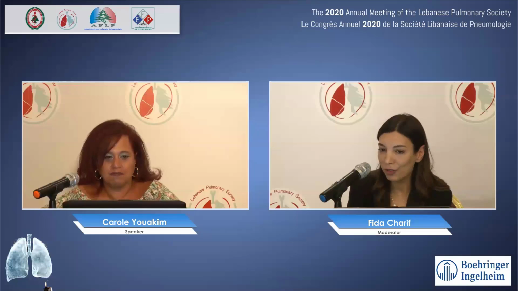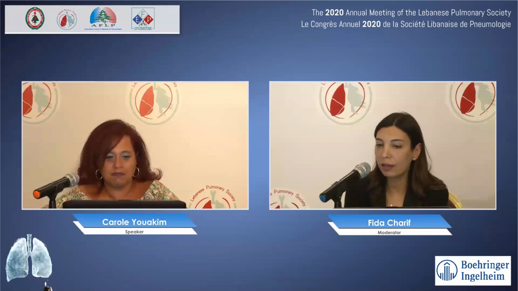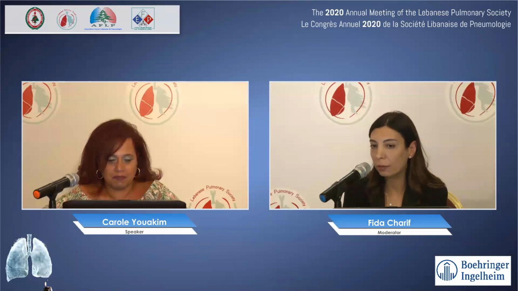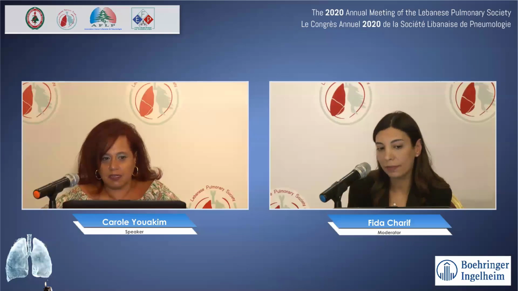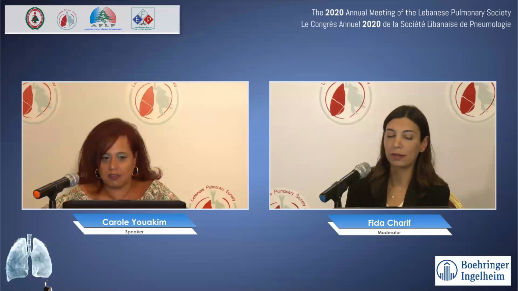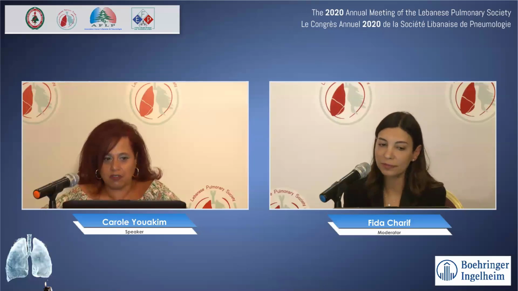Okay, I have a question for you. If you have an HRCT consistent with early fibrotic changes that overlap with UIP, and the patient has worsening symptoms, but you have almost stable full pulmonary function tests, do you consider starting nintedanib? Of course, I will start nintedanib first because the patient is symptomatic, and because on HRCT we have fibrosis, so we should start treatment as early as possible.